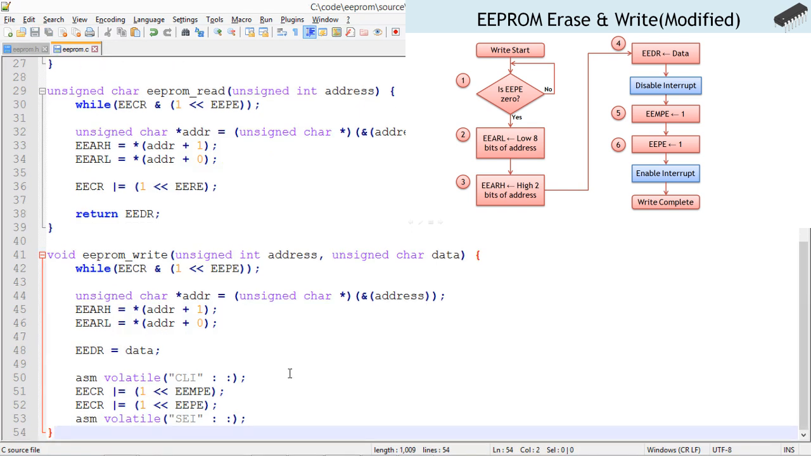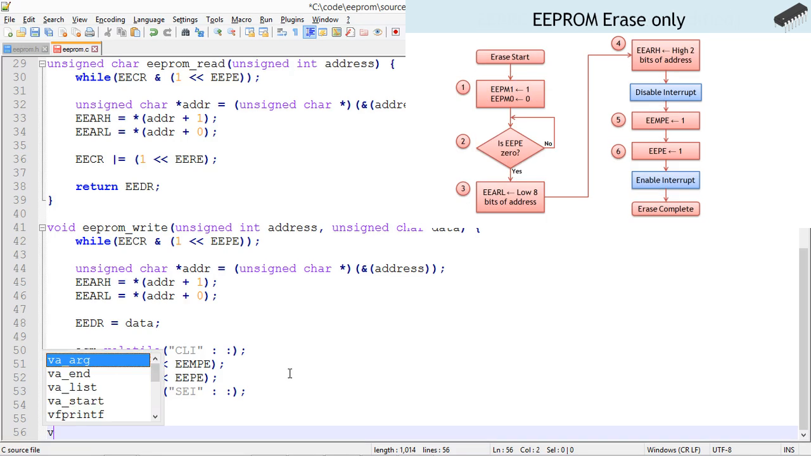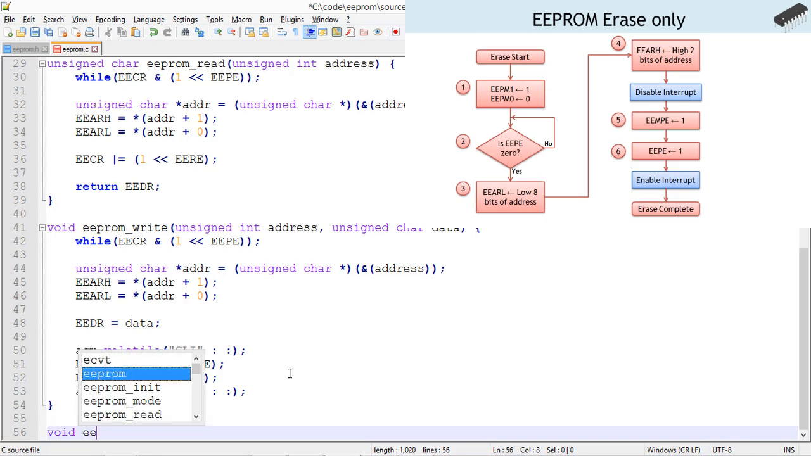This is the critical section of the write function, since setting the EEMPE bit and EEPE must happen within the 4 clock cycles and no instructions should be inserted between these two statements. The erase operation is implemented in the function